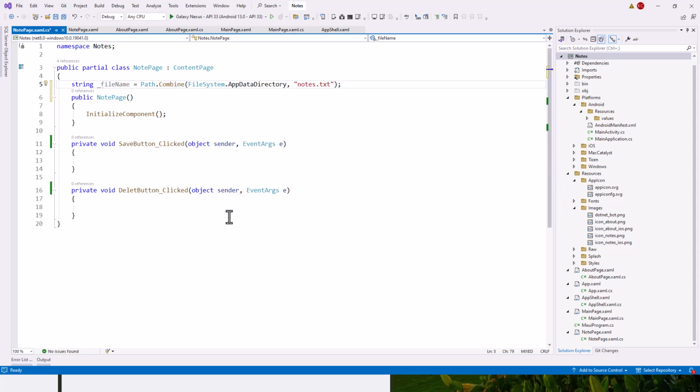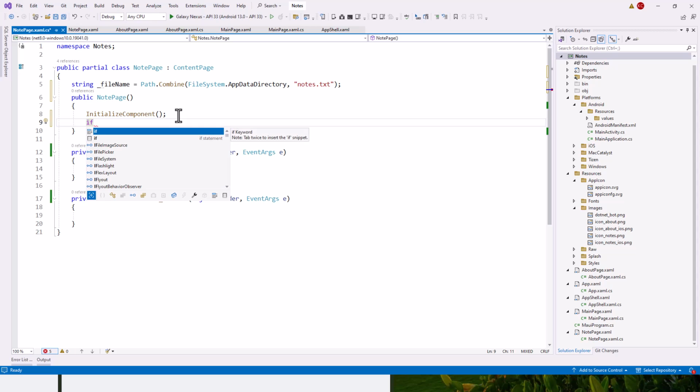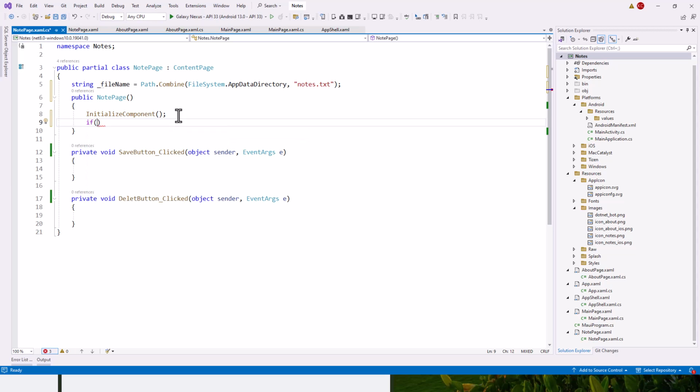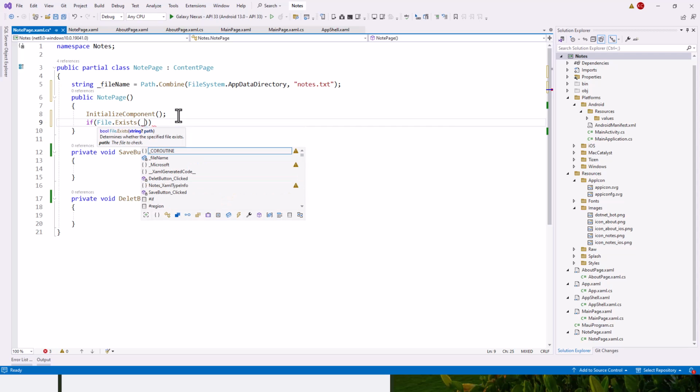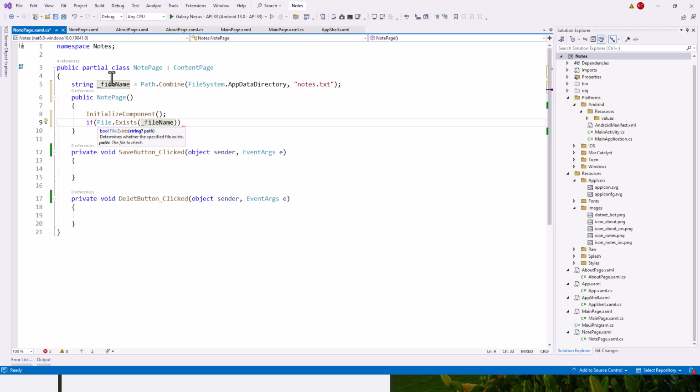And now inside this constructor, I will write code so that if the file with that file name exists, taking this as the parameter, if that file name at that path exists, then